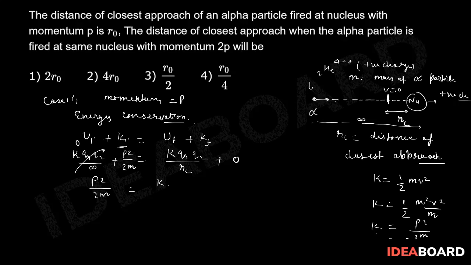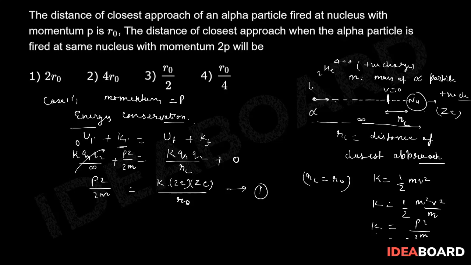What is the charge on the alpha particle? It is 2e. Suppose that the nucleus has Ze charge, then I can substitute here Ze divided by RC. Is that making some sense? And initially RC is equal to R naught in this case. So RC is equal to R naught as given in the question, correct? So I can assume this as equation number 1.